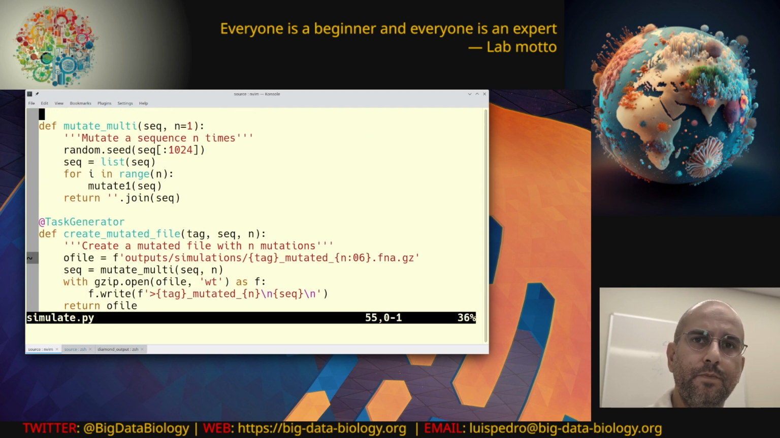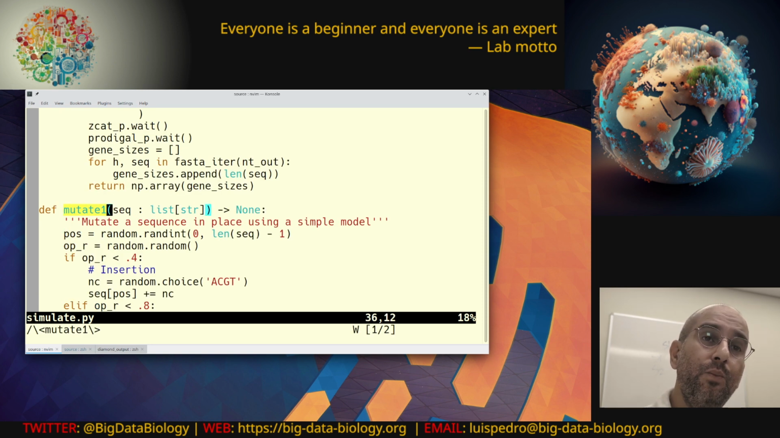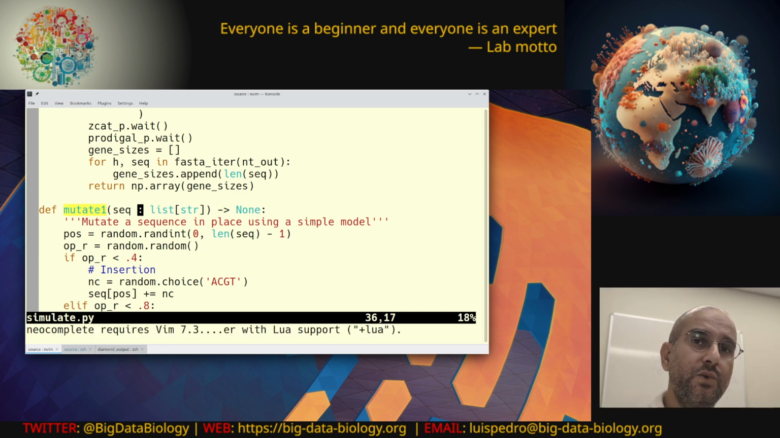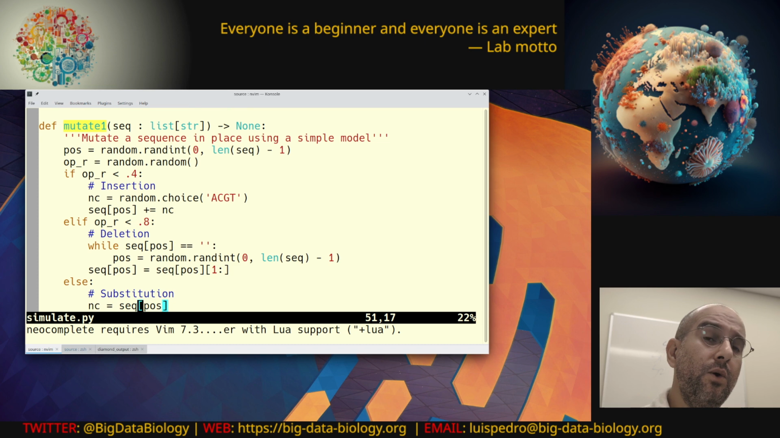So this mutation code, we kept the same thing as before, where we're mutating by calling a function called mutate1. But now mutate1, instead of taking a string and returning a string, takes a list of strings, so the individual bases, and then operates on that list. I was going to say it's much faster, but principally it scales much better,